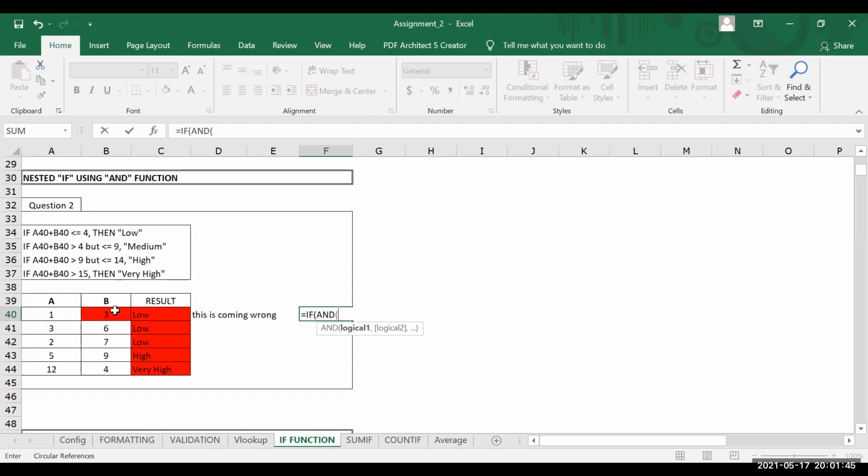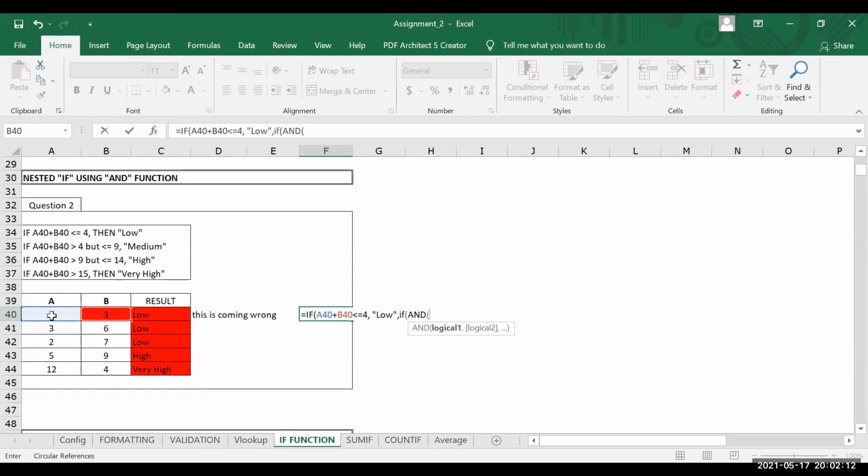if this plus this is less than or equal to 4, then you can straight away say that this is low, and if it falls, you start again with if, and over here we give the AND part, right?